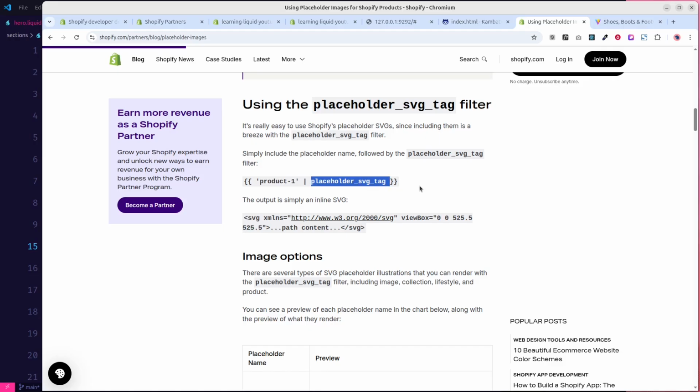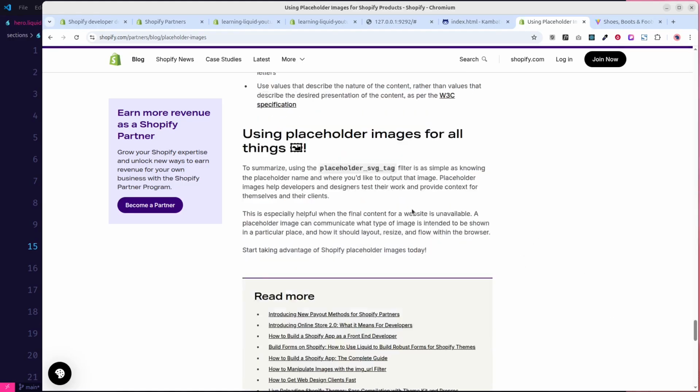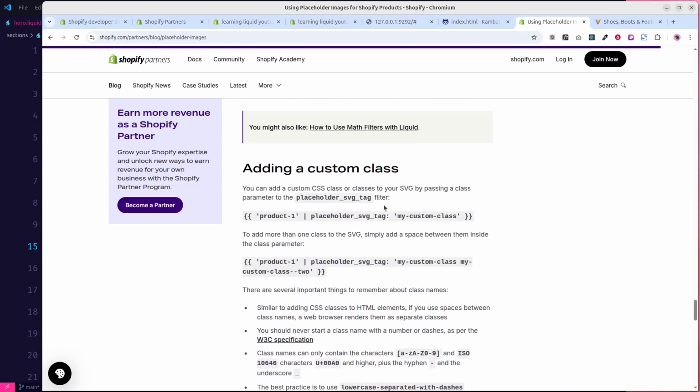That's the name of the filter. Okay, so the filter is the pipe, and that's the name of the filter that you're going to add. All right, and you can also, if you want, add some class to this image that you're copying from here, and it is shown here. So you can use either a custom class like this, or you can use some Tailwind class or some Bootstrap, in the case you're using Bootstrap here, if of course it's possible. Okay, so what I'm going to do, I'm going to copy this one, and I will go back to VS Code,